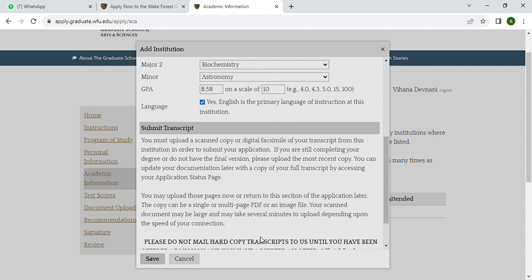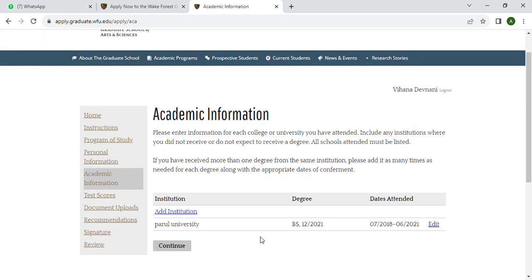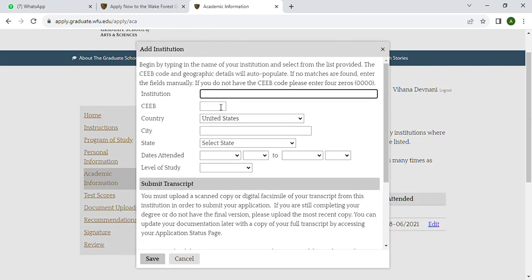Then you can click on save. Now, if you think that you have put some information incorrectly, then you can edit that information also. Now you need to fill the information for your MSc as well, which is your university,